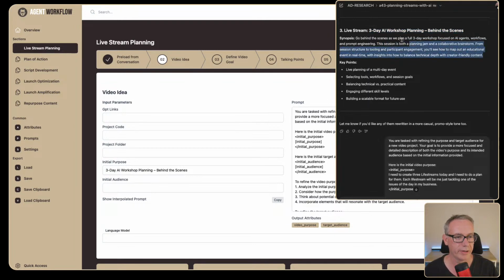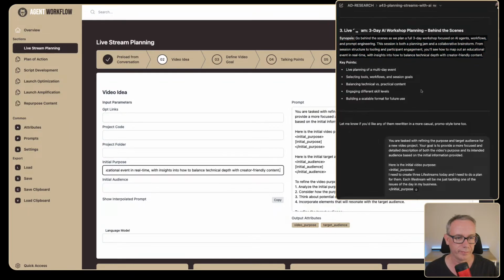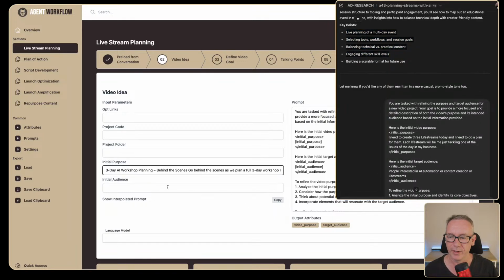And I wonder if I want to take all the information that's in there. I think I do. I don't think I need the key points. They're not that relevant.